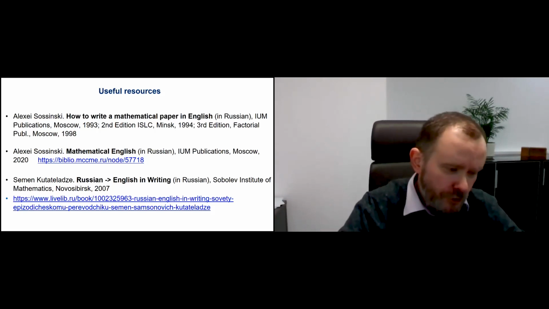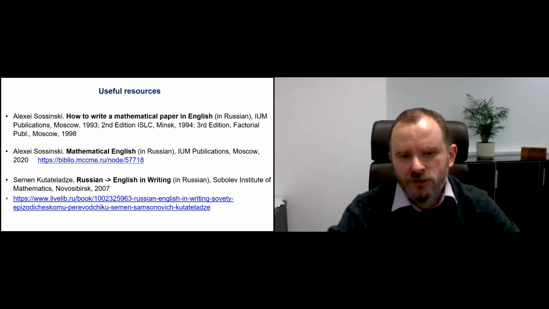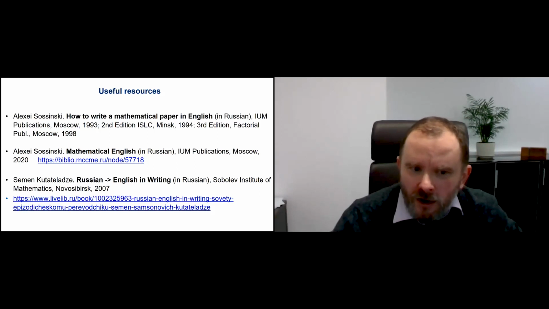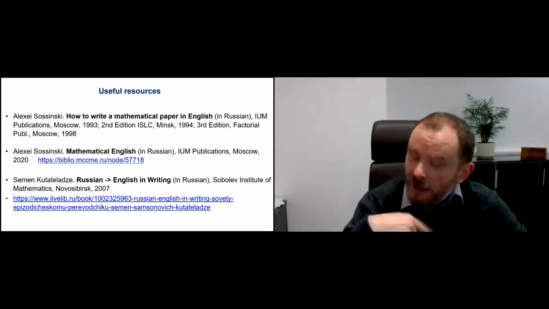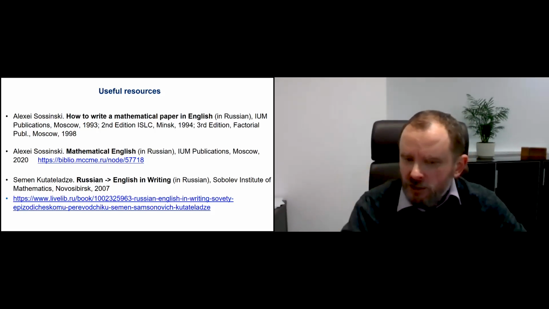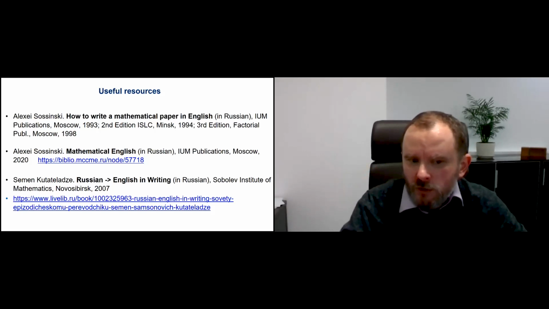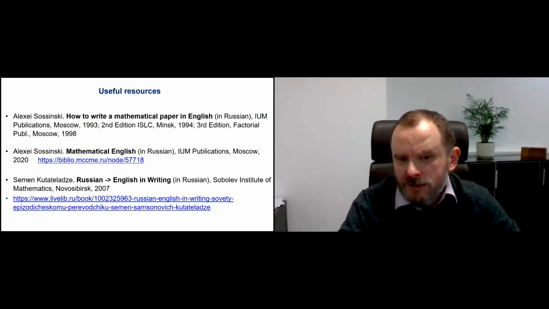Also, some people are nervous: okay, my English is so poor, I will not publish papers in English. But you have no choice. Almost all publications now are in English. Even if you submit a paper to our excellent journals, like Математический сборник, Известия, Russian Mathematical Surveys, Успехи математических наук, there will be a translation. And certainly it may be done not by you, but by a professional translator.